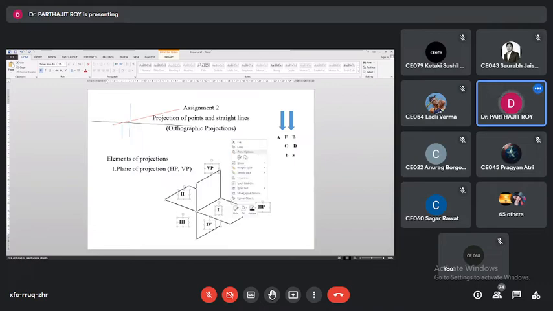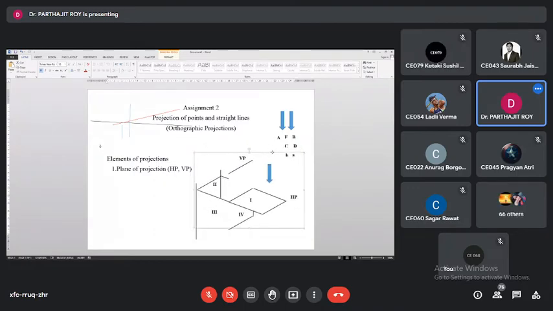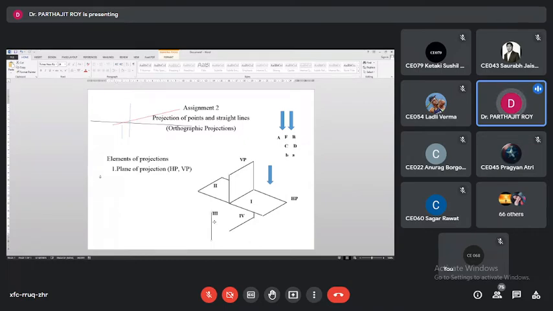So you extend your list of elements. What would be the second element? Quadrant